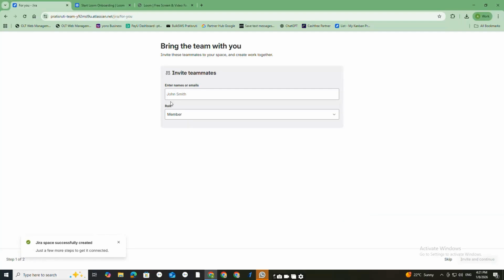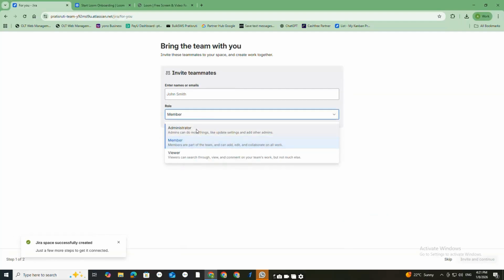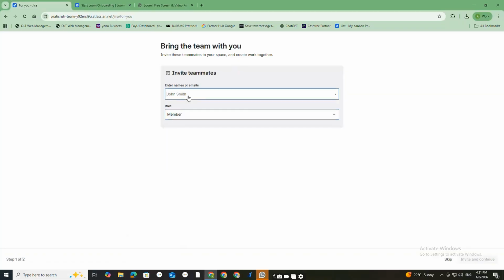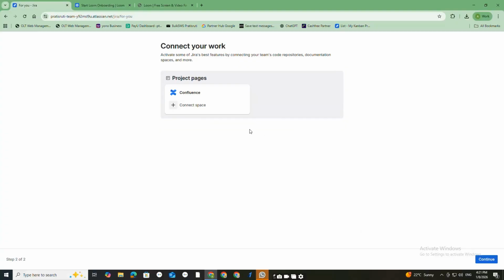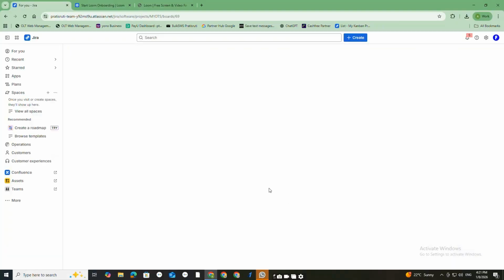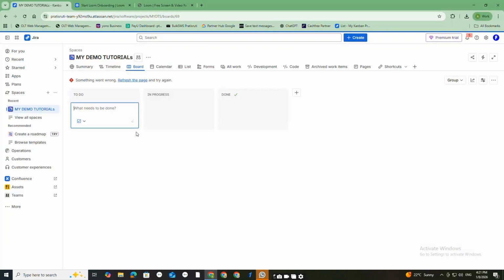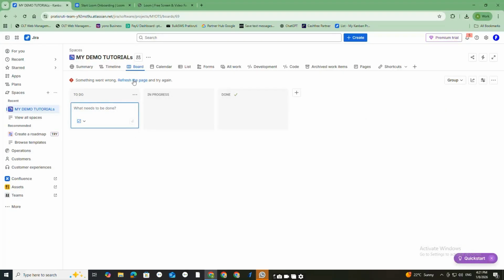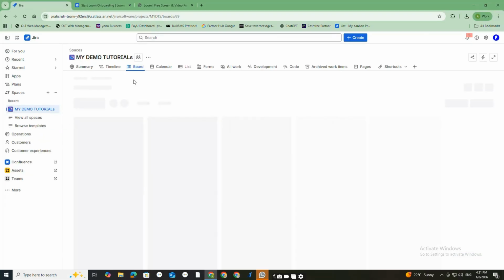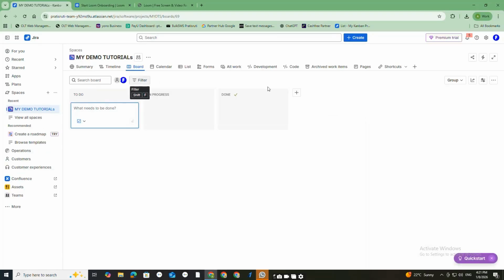So after clicking on next, you can invite teammates and assign roles like administrator, member, or viewer. Now I am not going to invite anyone else, so I am going to skip it for now. And then I am going to skip the project pages for now. And let us see. In this board, we have three columns. You can see to do, in progress, and done. And let us visualize each of these